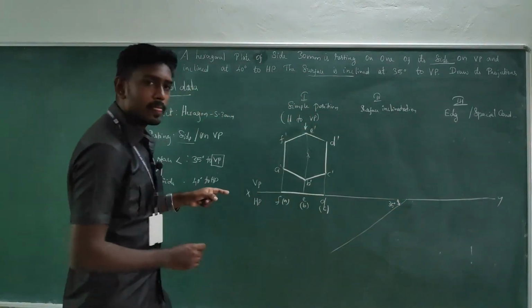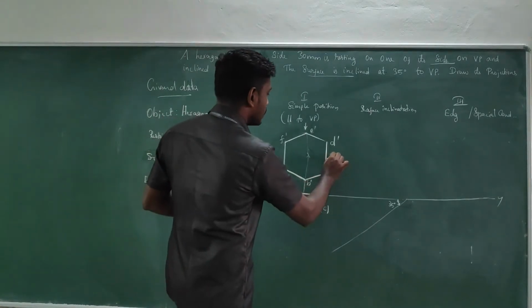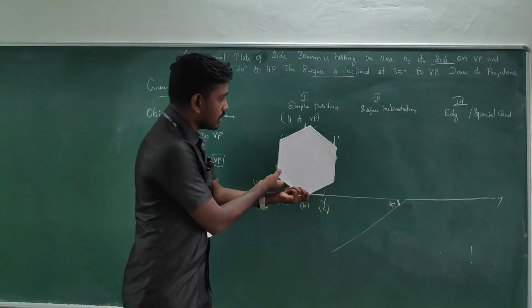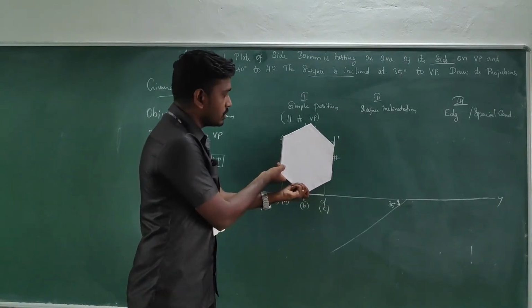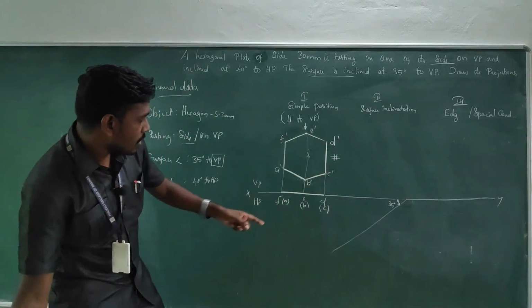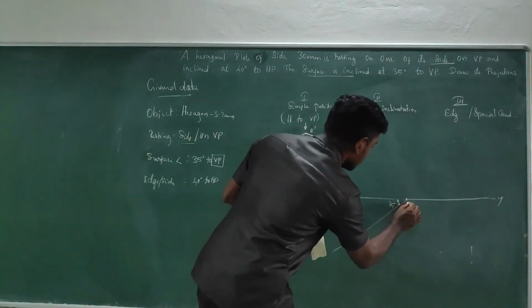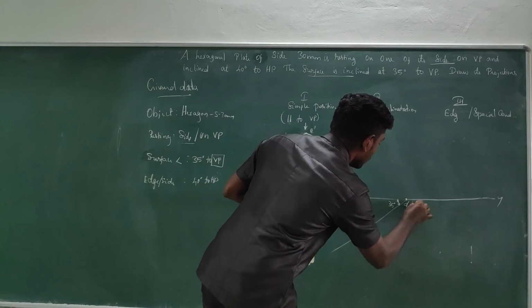So we know D and C is a resting one. Always at the right we are going to consider the resting edge. Okay, resting edge. So C and D is a resting one. So this D and C should be on the XY line. So this is the point D1 and C1.